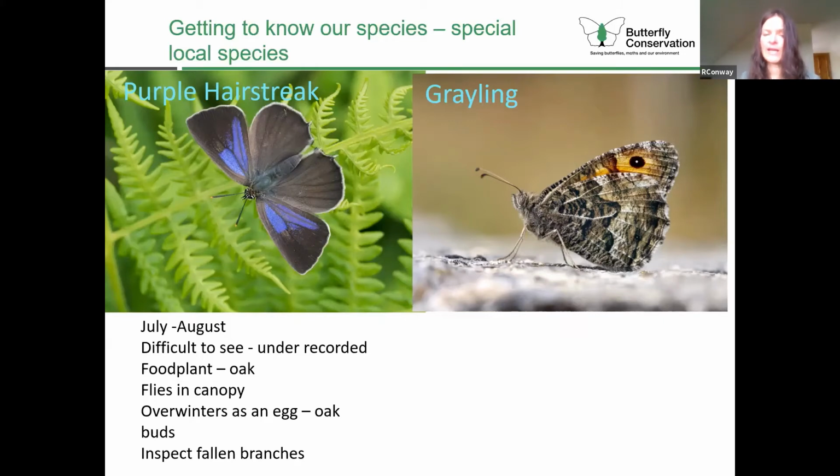But you can keep an eye out for fallen oak branches from autumn to spring. If there's been a storm and some oak branches have come down in your local area, because they overwinter as an egg. And the egg is located at the buds. I've got a picture I'll show you in a minute when I've gone through the grayling. So you can inspect fallen branches to see whether the egg is there, and then it'll let you know whether there's